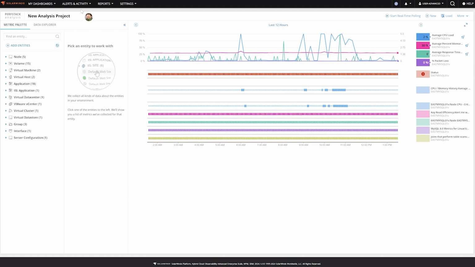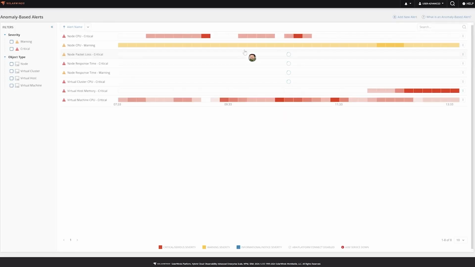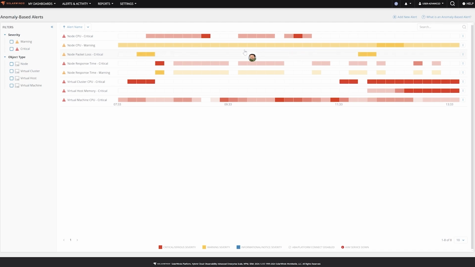Both of these features are really focused on reducing the noise and driving you to where you're actually having problems, and getting away from just having a bunch of alerts to look at. We're really trying to focus you in, either down to an incident where you can see that cluster of things, or that, hey, you're really having an anomaly. This is not behaving as normal, and you need to take a look at this.